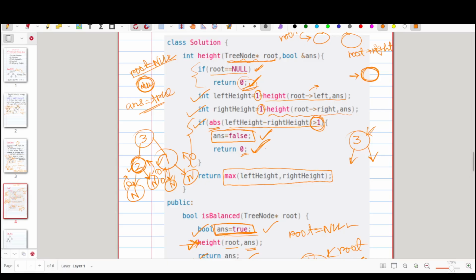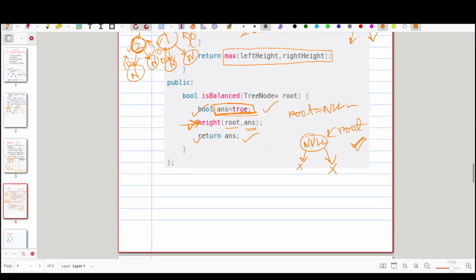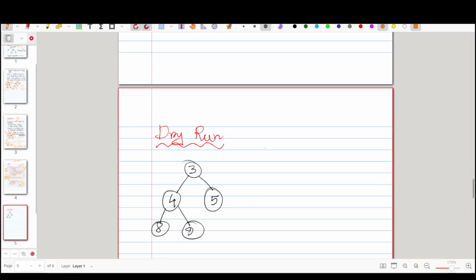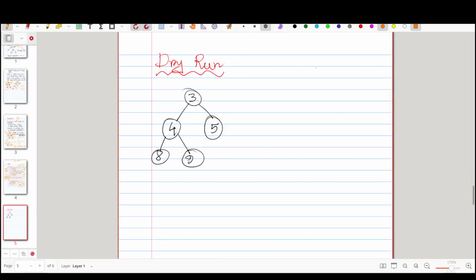I think the coding part is clear. Now let's try to dry run for an example. Let's run an example for the height function of 3. We start from the root node, this is the root node given over here, and it will